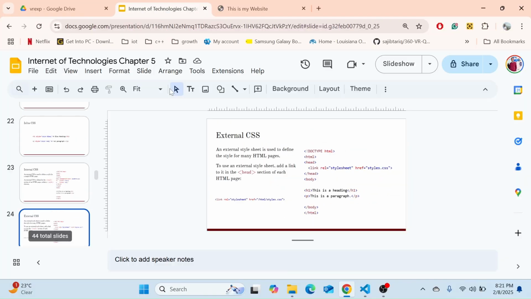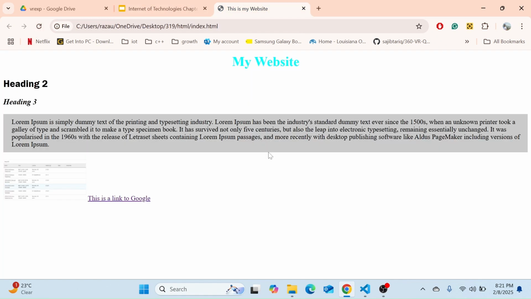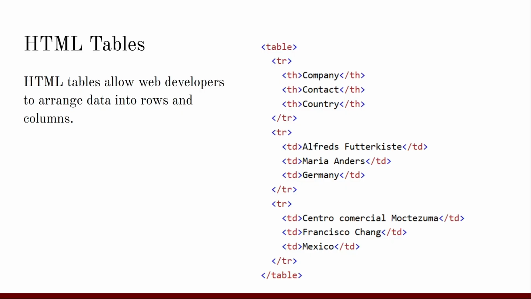Okay, so now let's see the change actually. Do we have any change? So everything's fine. Now let's discuss tables. In a table, the first row is the table heading, th, and then company, contact, and country, and that's the first row. Okay, tr is row. Then we have table divisions. That means the first company name is Alfreds, and the second company name in the second row is Centro Commercial, and then the second division is contact, they have contact Maria and then Francisco,